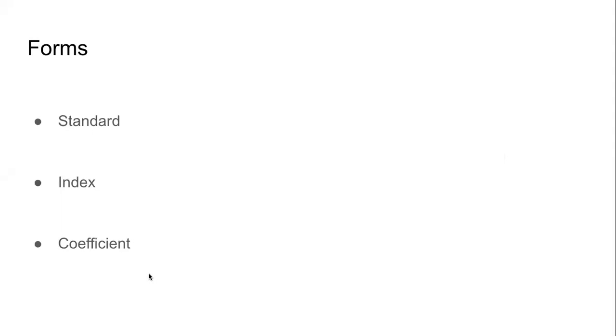Something else that we studied last year, but we may need it this year also. Why are we saying we may need it? We will need it, not for the questions directly, but to talk about the questions. The terminology is how do we write the polynomials in proper way? There are 3 ways, 3 forms of writing a polynomial. One is called the standard form, second one is called the index form, and the third one is called the coefficient form.